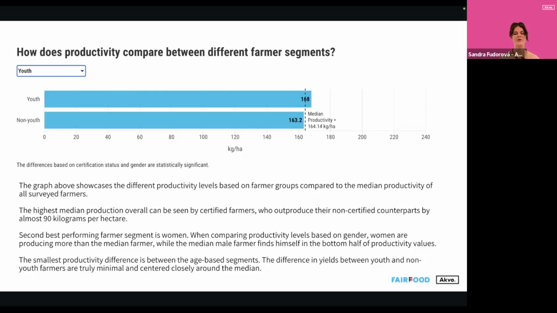So the possibilities are endless, and you can really segment almost on anything you can think of that you have sufficient segment sizes for, and that is consistently giving you statistically relevant results. That's what I would say about that.